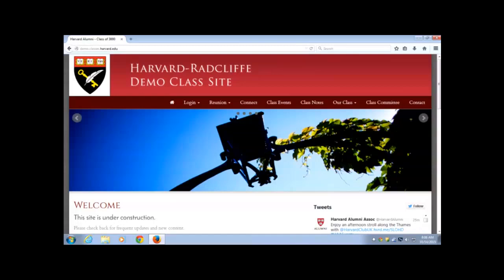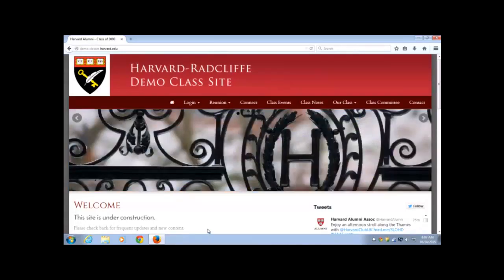So we'll begin with a quick tour of the site. You'll notice that I'm in the browser Firefox. That is the preferred browser for editing the site, but it should be viewable in basically any browser on a Mac or a PC. So we've gone to the demonstration site, and just as a quick tour, you'll see that